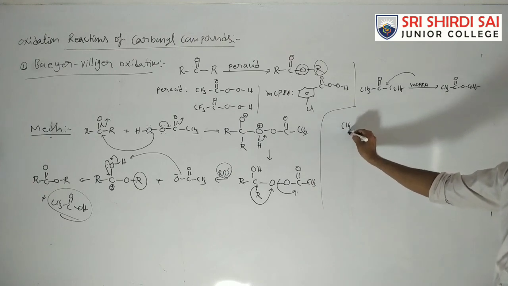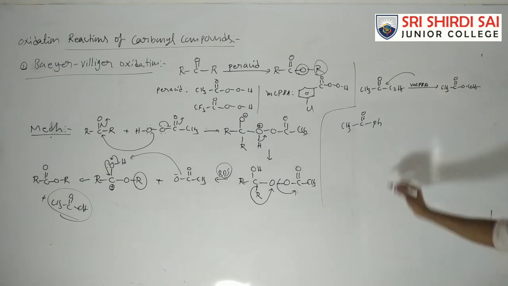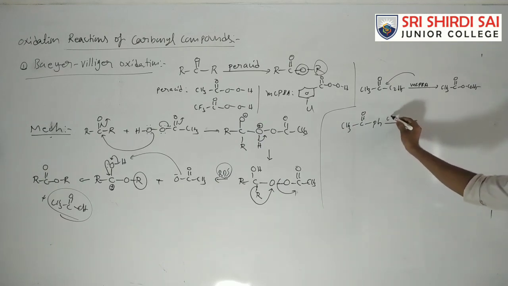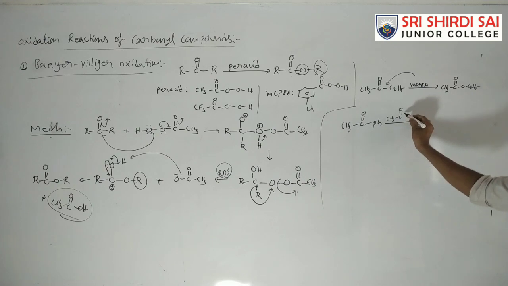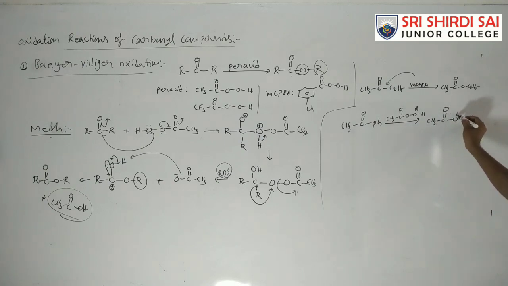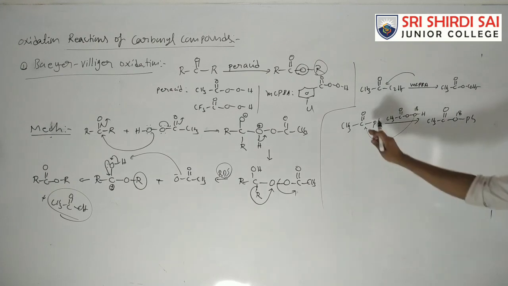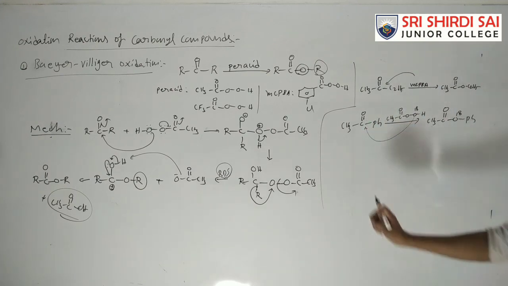For suppose here CH3C double bond O, here Ph, phenyl and methyl. So this one I'm treating with, for suppose, peracetic acid, OH, this one 18 I am taking. So CH3C double bond O, OPh, this is 18. Okay, so this oxygen insertion takes place. The phenyl is a better migrating group. So this oxygen insertion is between the better migrating alkyl group and carbonyl group, very simple reaction,